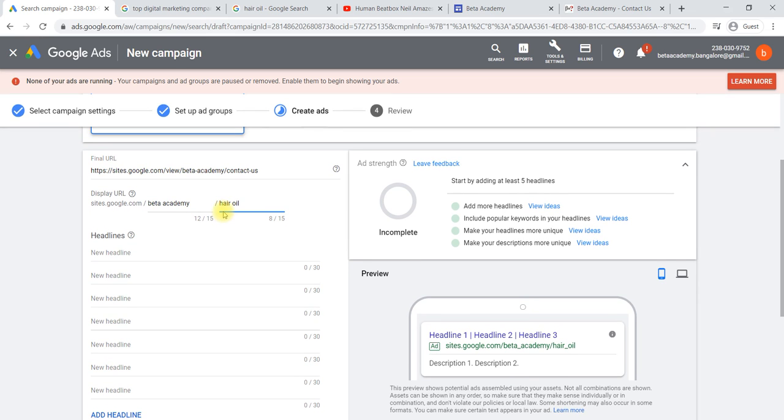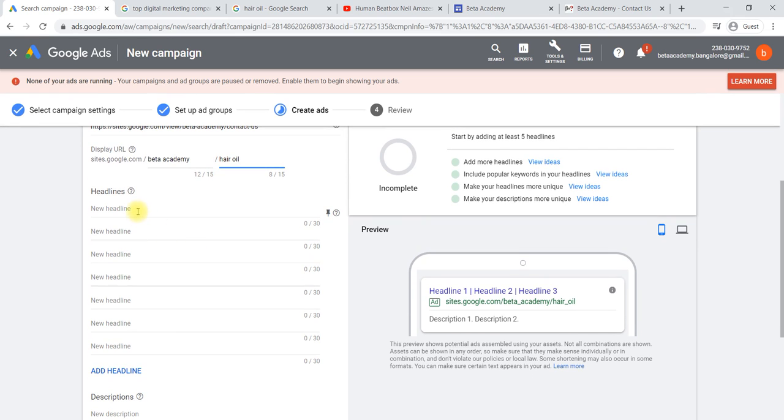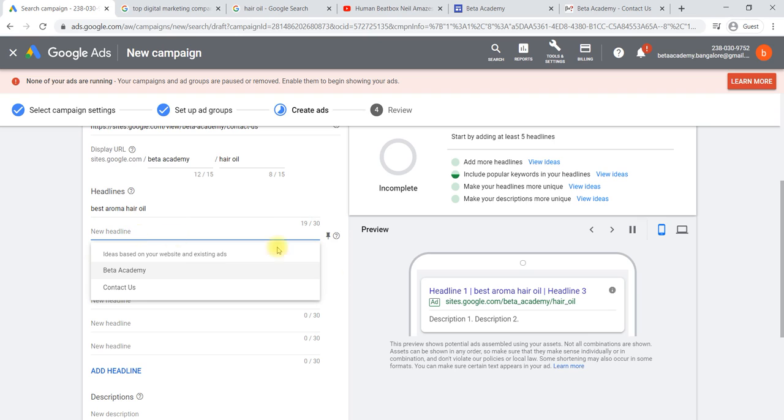Then it comes to headline one. You can create a headline like here: best aroma hair oil. And the second headline, here you can see best aroma hair oil has been taken.